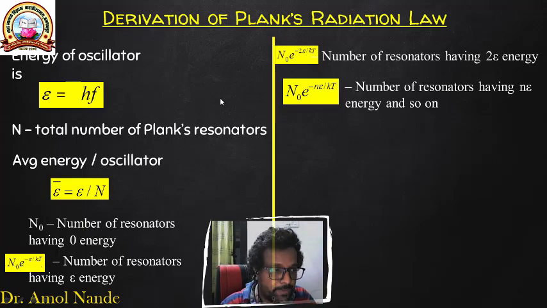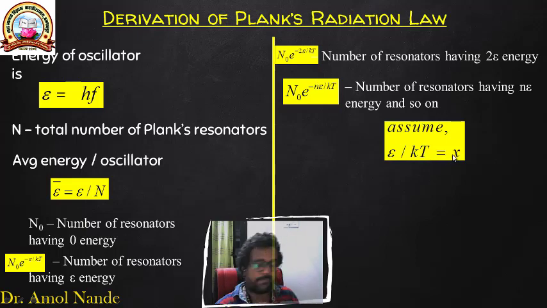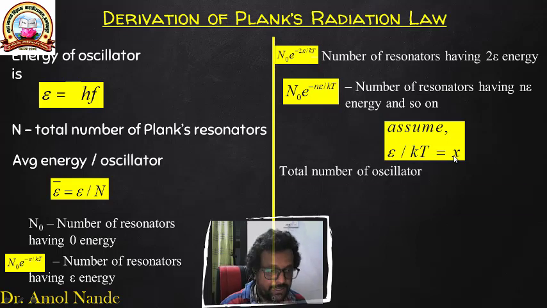second energy state पे कितने वाले रहने वाले? n0 e to the power minus 2 epsilon by kT। वैसे अगर हम जनरलाइज करते हैं तो nth लेवल के लिए क्या रहेंगे? n0 e to the power minus n epsilon by kT। तो फॉर सिंप्लिसिटी ऑफ कैलकुलेशन लेट अस असयूम दैट epsilon by kT सभी जगह पे रिपीट हो रहा, अपन उसको x से डिनोट करते हैं। तो टोटल नंबर ऑफ ऑसिलेटर क्या हो जाएगा? सबका एडिशन।